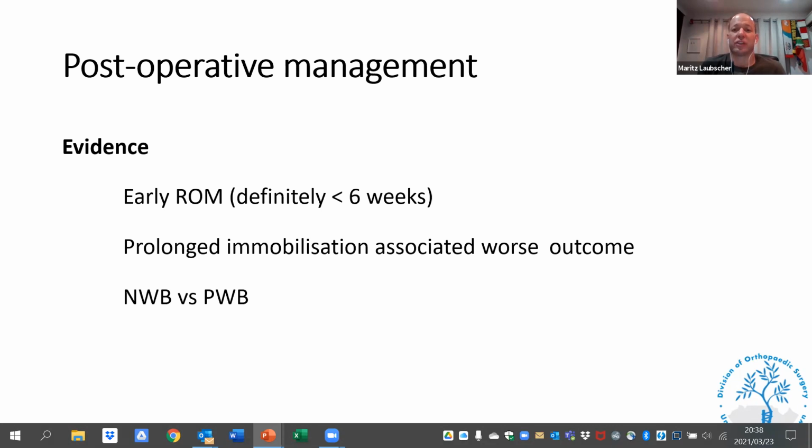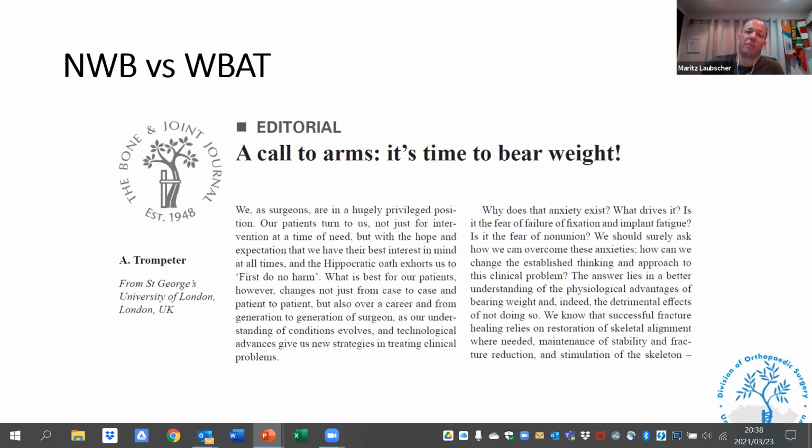Prolonged immobilization is associated with a worse outcome. There's a very topical debate at the moment about weight-bearing post-tibial plateau fractures and lower limb fractures in general. This is a must-read. It's a letter to the editor by Alex Trumpeter, who's a trauma and limb recon surgeon in St George's in the UK, where he summarizes evidence,